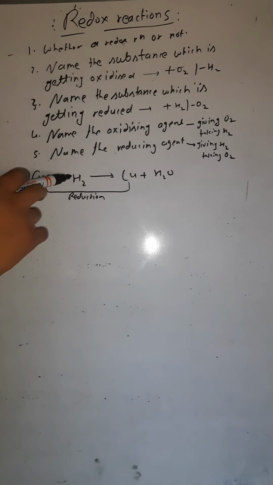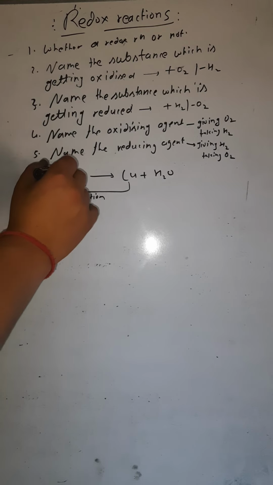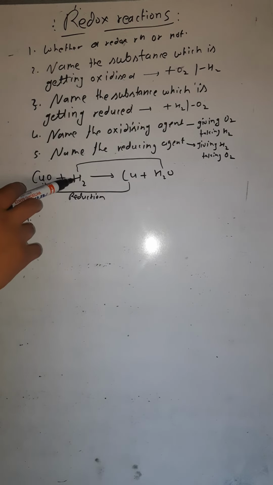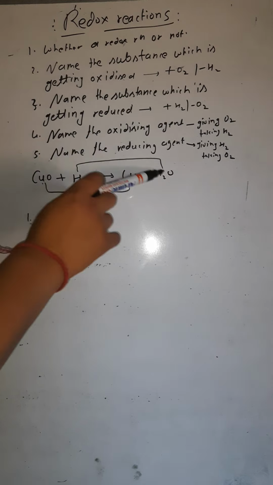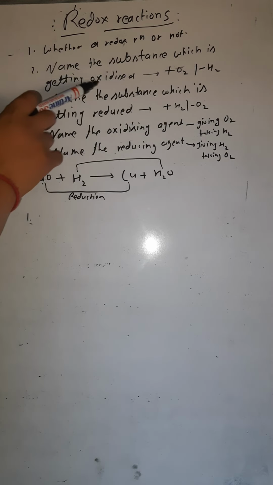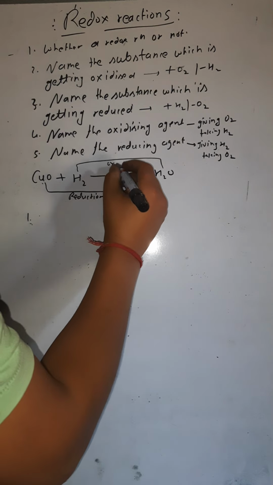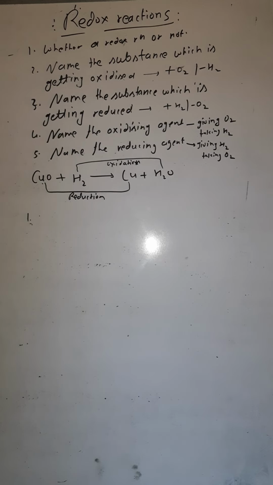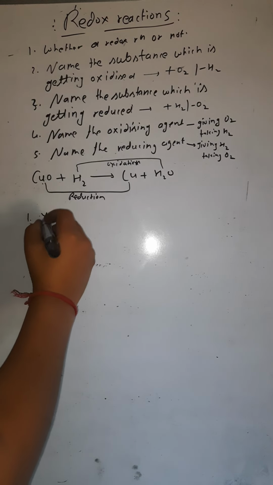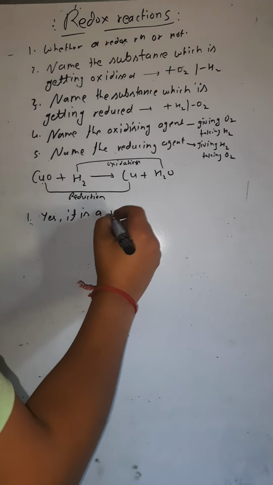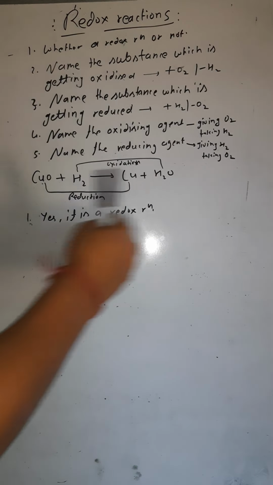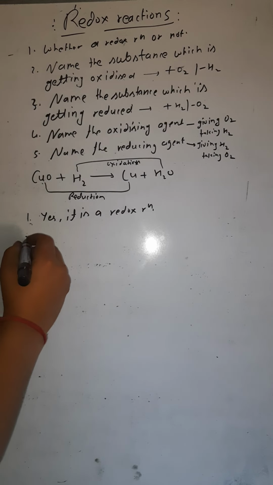Okay. Now in the case of hydrogen, the substance which is getting oxygen. Look here, hydrogen earlier was alone, now there is addition of oxygen. So if there is addition of oxygen, you would call it the oxidation reaction. So this is oxidation. Here again you can see oxidation and reduction both are taking place simultaneously. So hence it would be called a redox reaction. Yes, it is a redox reaction. You all write these questions here, then in front of this answer you have to write yes, no, all these.